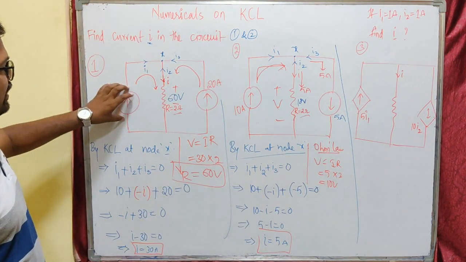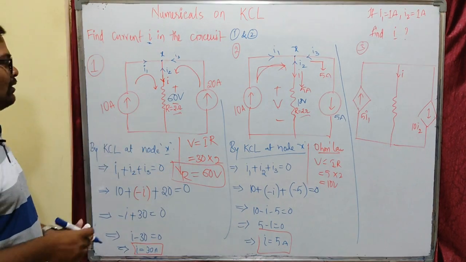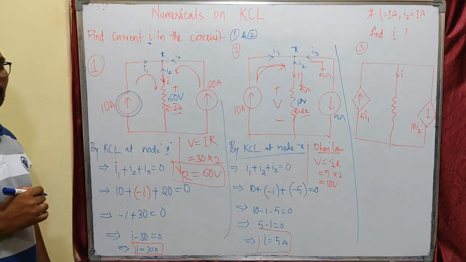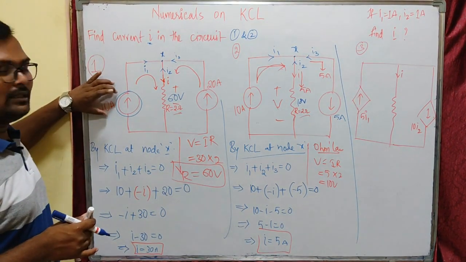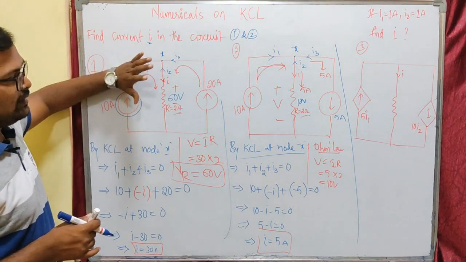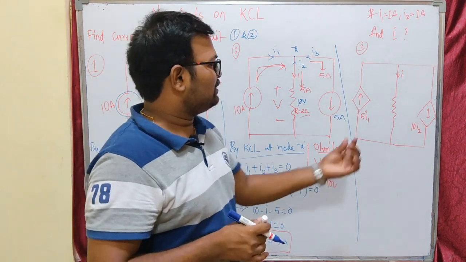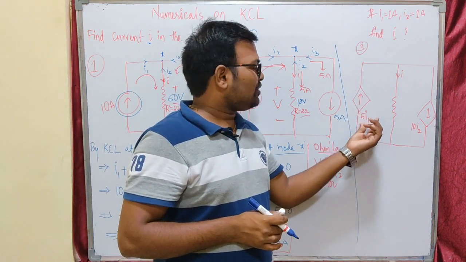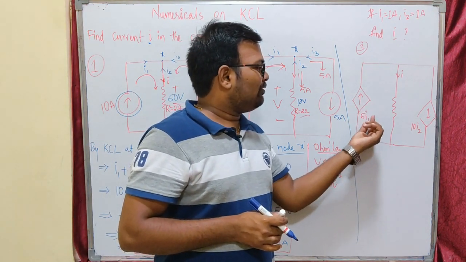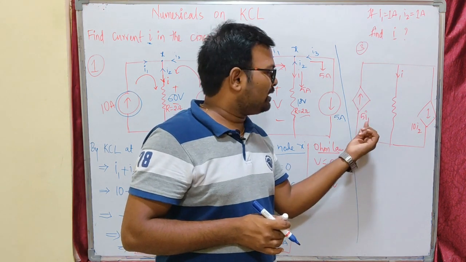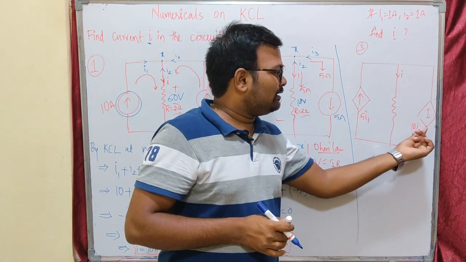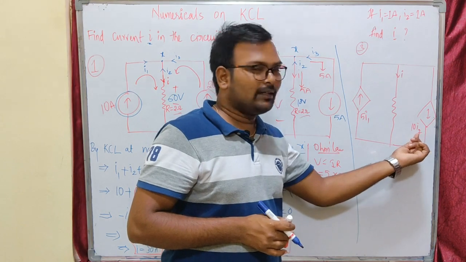So this is an independent current source. You can see the round circle indicates an independent current source, so the value of this current source is independent of any parameter here. All these are independent current sources, but here this rhombus means this is a dependent current source. So for 5 into I1, the value of this dependent current source is dependent on the I1 current, and the value of 10 I2, this dependent current source, is dependent on the I2 current.